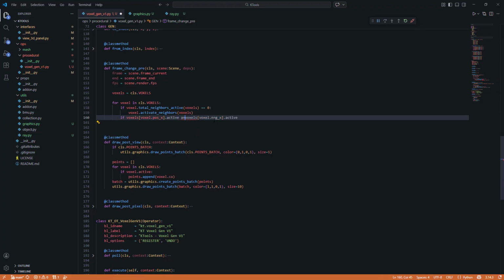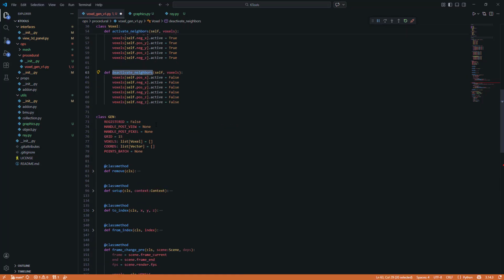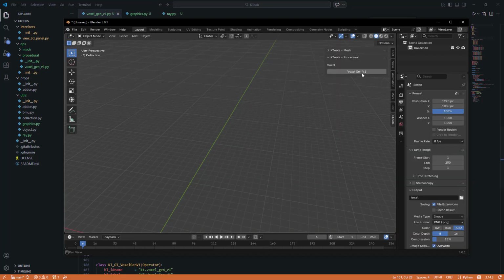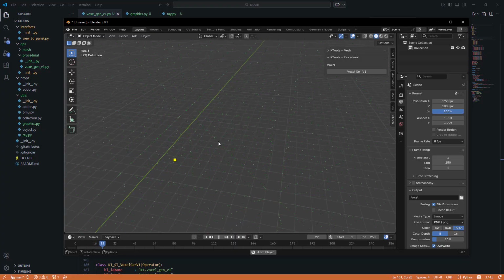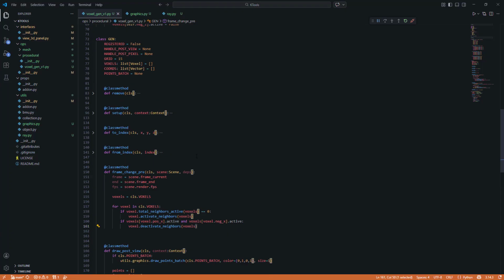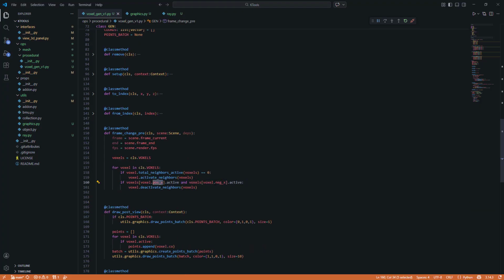Actually, let's do it like this, and then we'll just be silly and deselect everything just to see what we get. Voxel dot deactivate neighbors. Yeah, it didn't even do anything. That's too much. So I'd have to do something like, if positive x and negative x is active, then we'll do